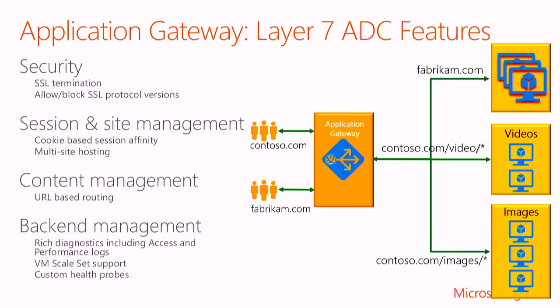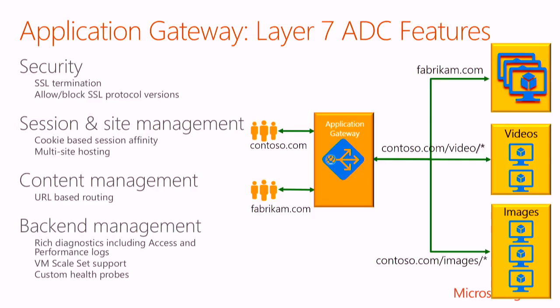So we talked about NSG, and we said it's only a 5-tuple based, layer 3 security thing. So you can only control based on IP address, port and protocol. Sometimes what may happen is, hey, I have applications and I want to be able to look at the packet, look at the incoming request, and say, I have a request coming in for contoso.com or fabricom.com. If I just control the port and say allow port 80 or allow port 443, it is not going to be able to differentiate between a request for contoso.com or fabricom.com. It's going to allow both, right?